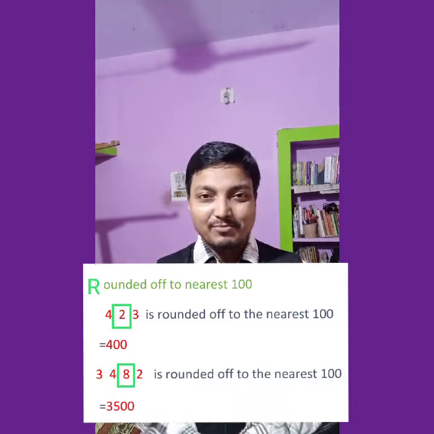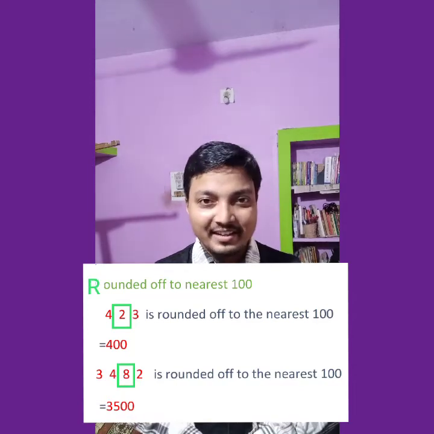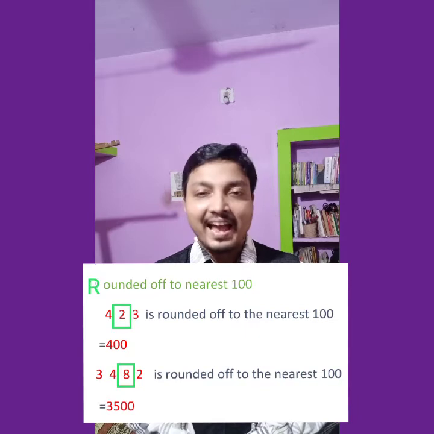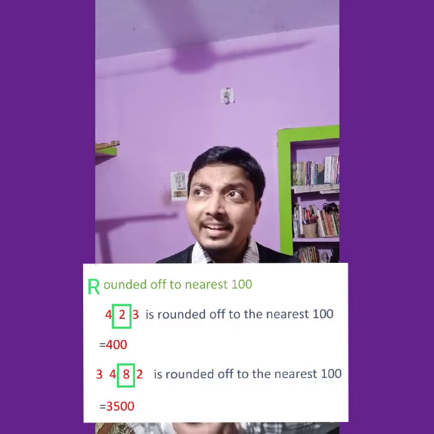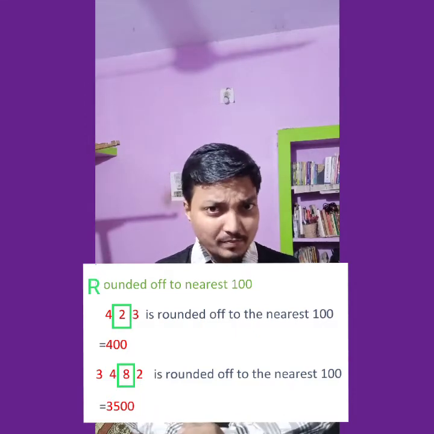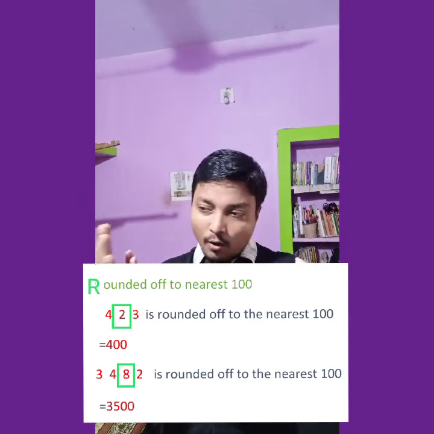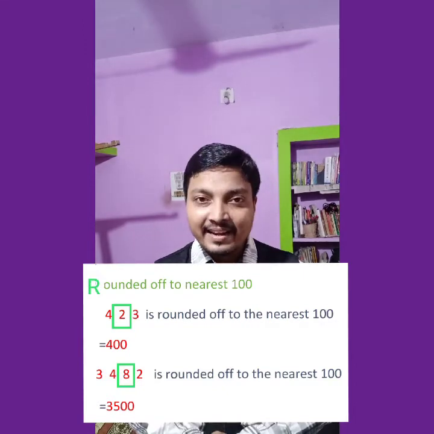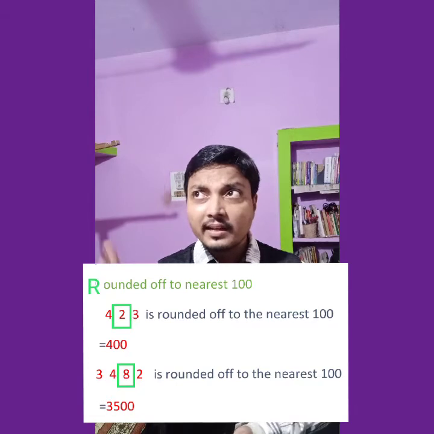Ready? Another question, where you can see what happens when the digit is 5 or more than 5. What will the nearest 100 be? See, the number is 3482. It is a 4-digit number and you have to find the number to the nearest 100. So I need to check the tens place, the place previous to 100. Here the tens place is 8, and I have said that whenever the tens place is 5 or more than 5, and here it is more than 5,